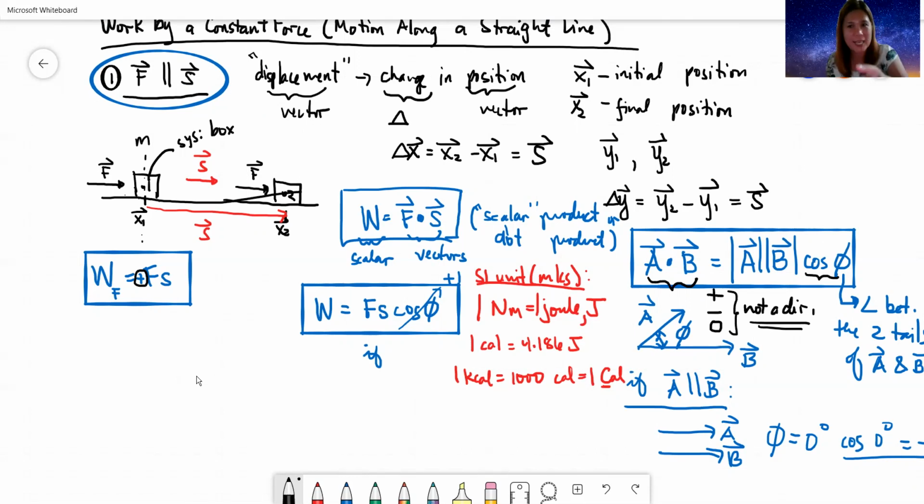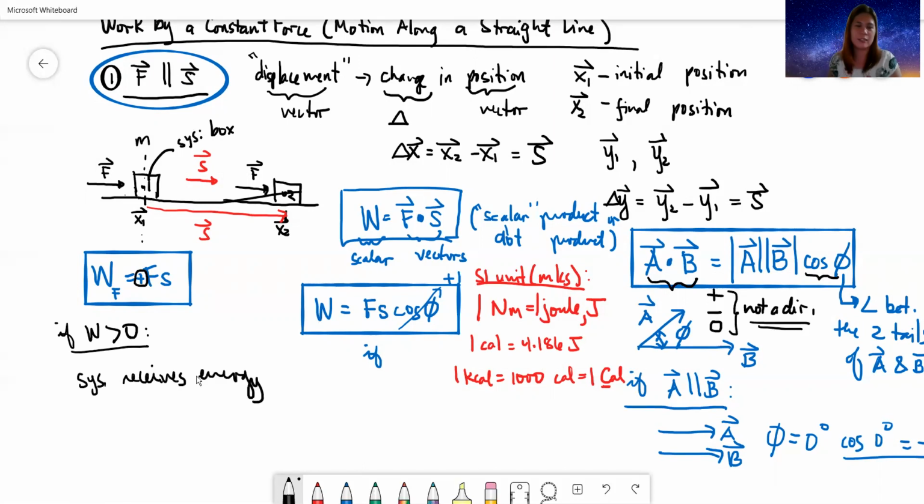Kasi parang siya yung nagbigay, no? So, in other words, pag nakatanggap ng energy ang system, yung work ngayon na ginawa ng nagbigay is positive. Okay? Kasi, nakatanggap ng energy yung box dito and that energy enabled it to change position. Kaya kung wala yung energy, di na siya kalihok. Tama ba? So, meaning, if the work done by a force were positive, greater than 0, the system receives energy.